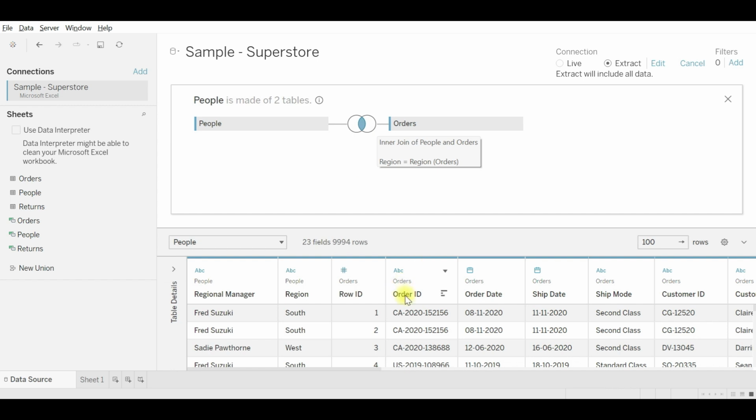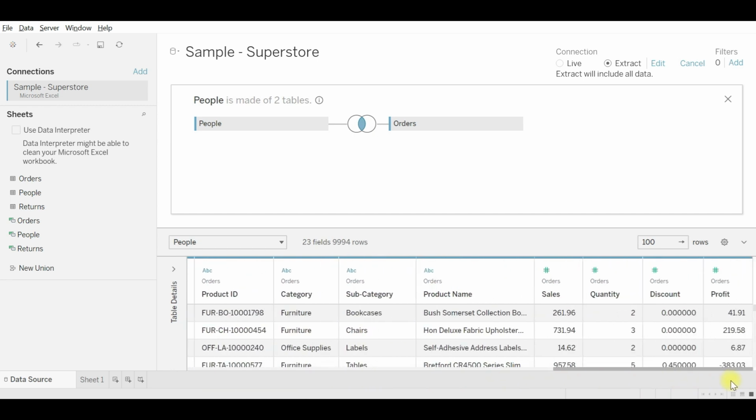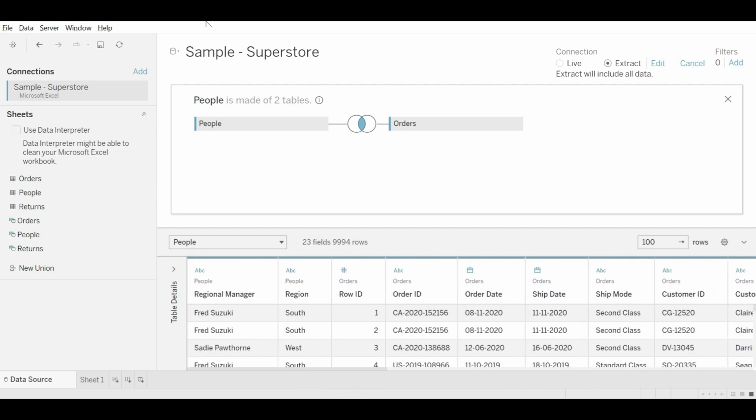Also the data of orders is visible in the data pane. Thus the join has been done. Now if we need to change the type of join, or we need to see on which column the inner join has been performed, we can click on this and you'll see that inner join is highlighted and the column on which the join has been performed is stated here.